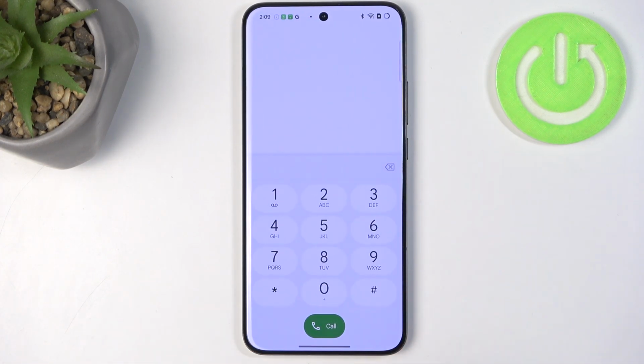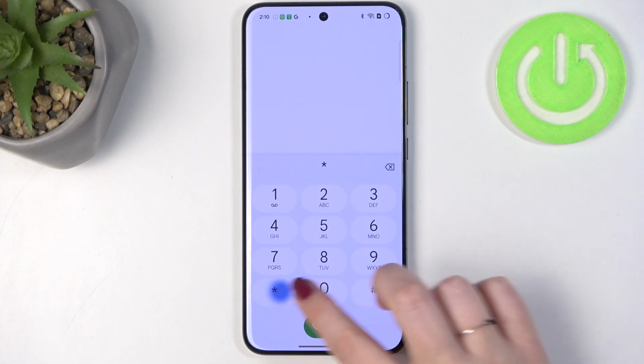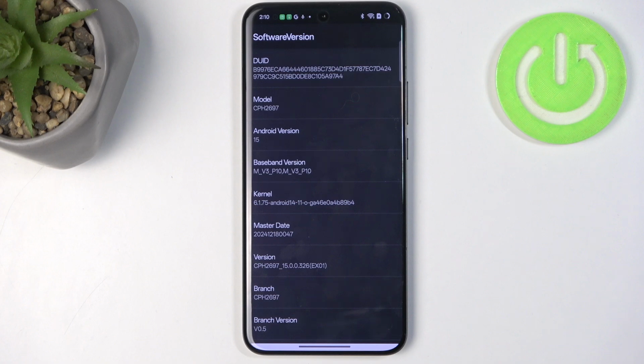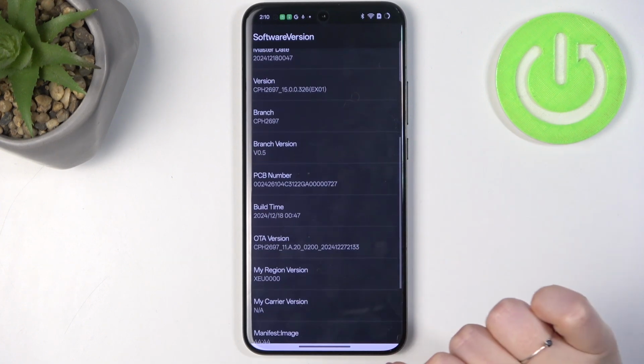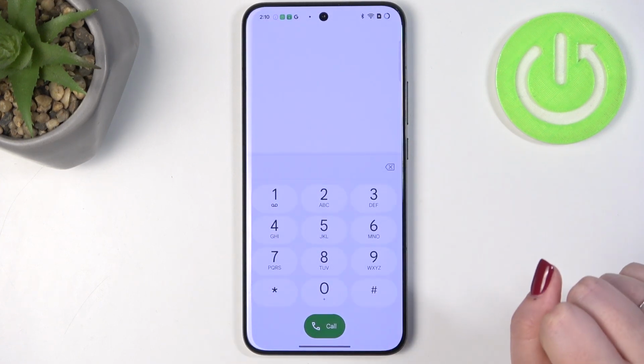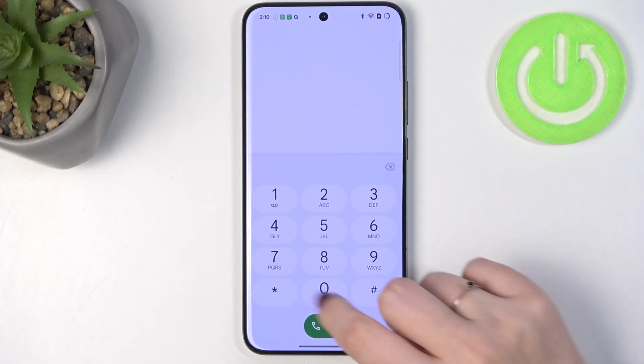Let's go back, and another code, which is *##6776#. And here we are in the technical information about the software version, so you can check the exact model, the Android version, branch, or build time. Let's go back, and another code, which is